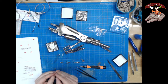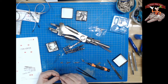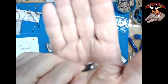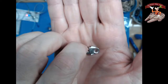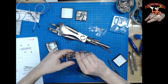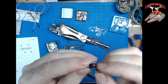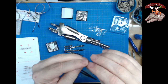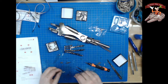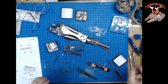So let me get this first screw threaded in here. Just let me see, where do they start? They start with the end here. And the rounded, never showed this, I don't think. This rounded piece here, the rounded part there is for the knuckle. It lets the finger move back and forth. So that one's not going to get a screw. What's going to get a screw is going to come in from this side here, because the other piece is going to be made up here. It's going to come in from that side, and I'm just going to set it in there like that. I'm going to bring this longer knuckle here, or a longer finger joint, I guess you'd call it. Set it on top here. Before I put the screw in, though,